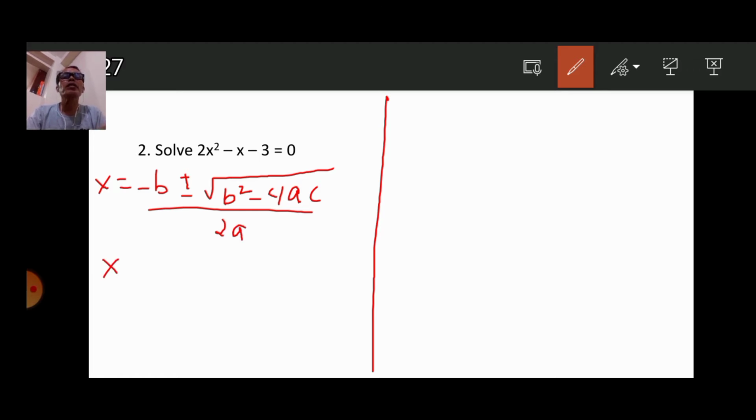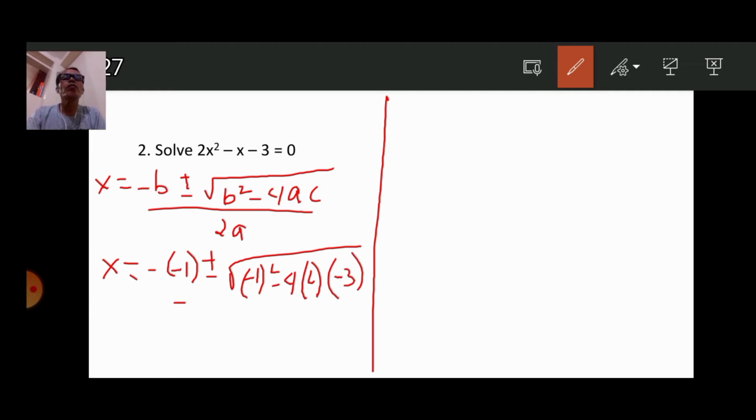So, x is equal to negative, b is negative 1, plus minus the square root of b, which is negative 1, quantity squared, minus 4 times a, which is 2, times c, which is negative 3, over 2 times